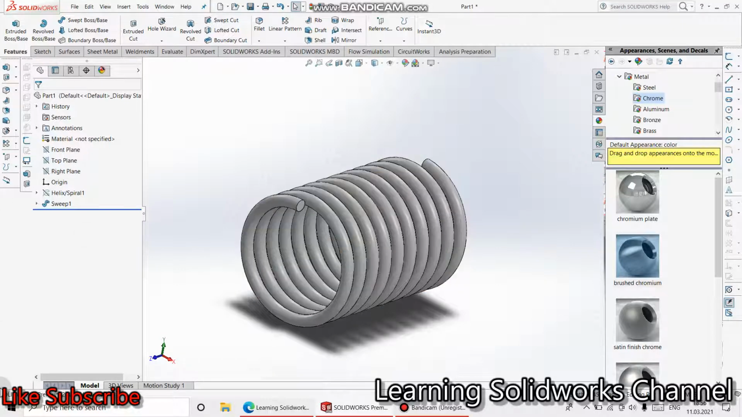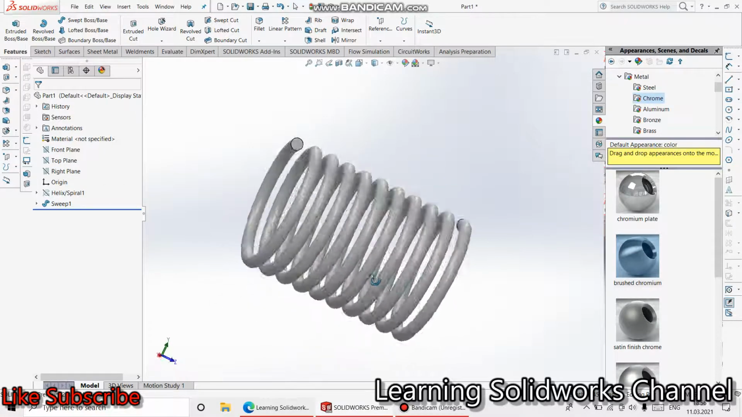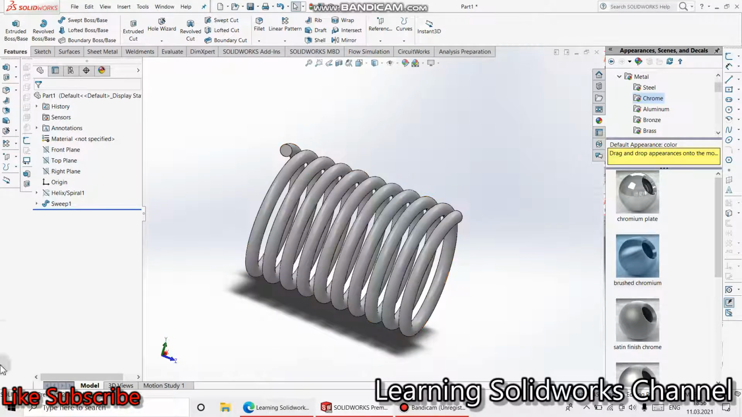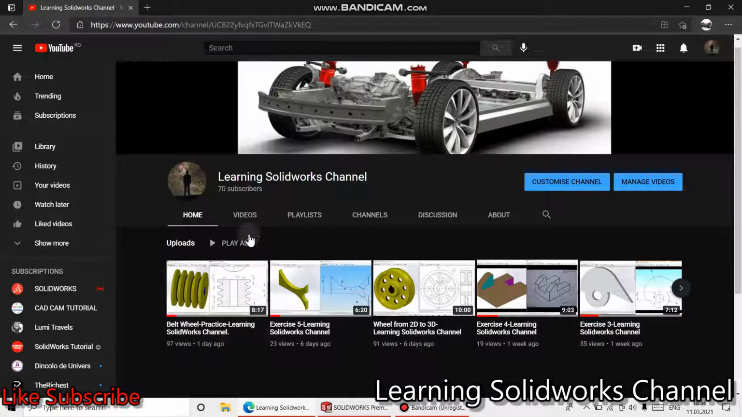In this episode we will design this helical spring, but before that